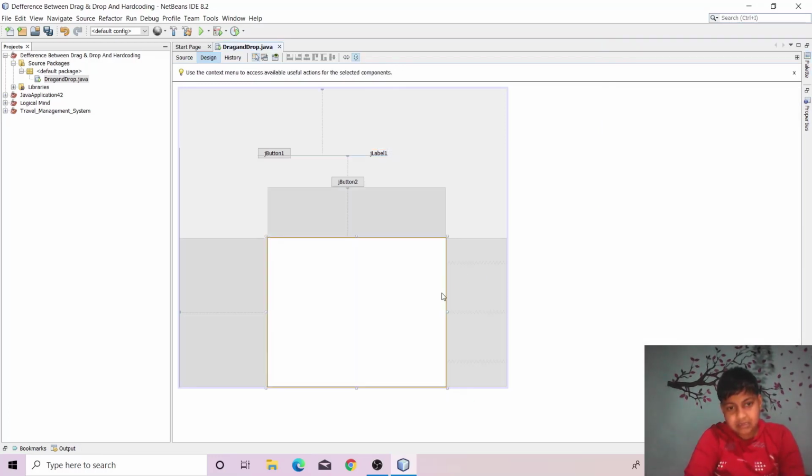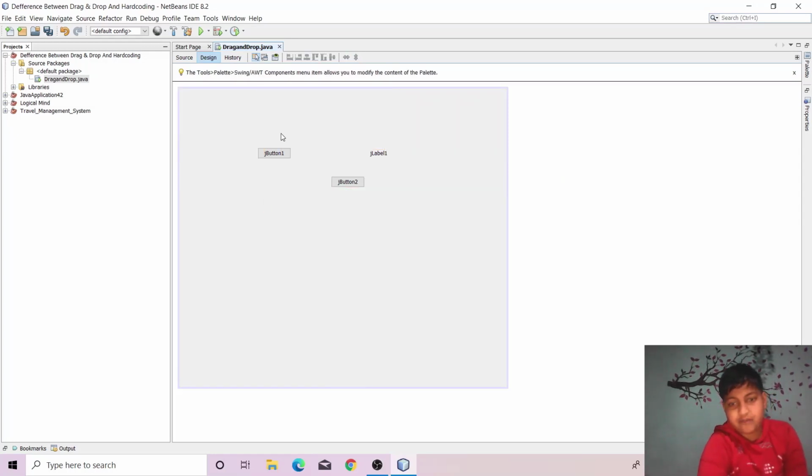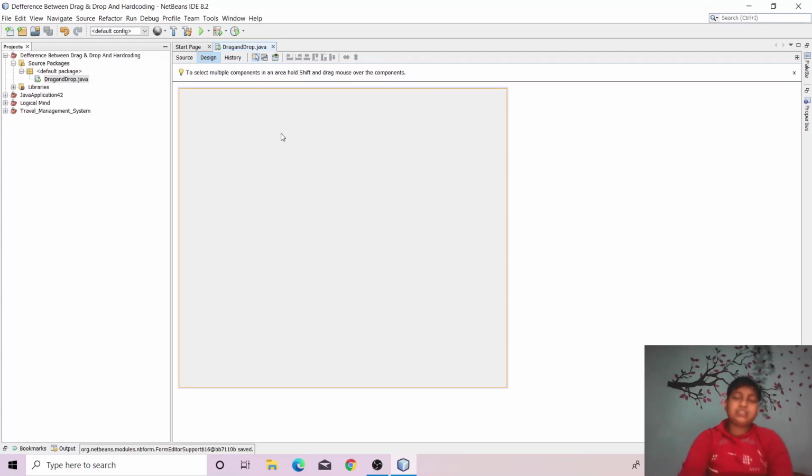All this you can add, but I am deleting it for now. This type of thing is drag and drop, and let me create a very simple application, where a button will be there.